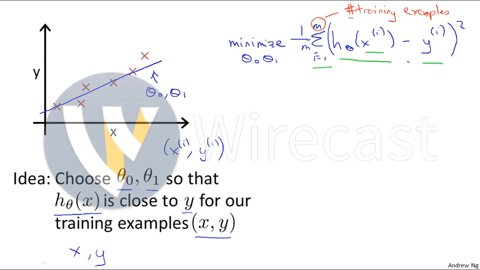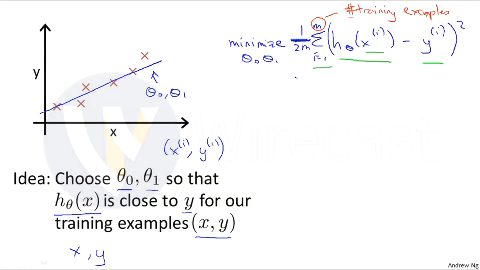So I'm going to try to minimize my average error, which is going to minimize 1 over 2m. Putting the 2, the constant 1/2 in front, just makes some of the math a little bit easier. So minimizing 1/2 of something, right, should give you the same values for the parameters theta 0 and theta 1 as minimizing that function. And just to make sure this equation is clear, right? This expression in here,